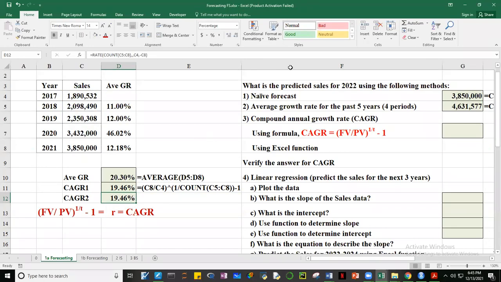Okay, I'm getting 19.46%. How about you guys? Yeah, correct, Angeline. Thank you so much. Did you get 19.46%? If not, guys, then something's wrong with your formula. Maybe you forgot to do something which we already discussed before, something which I told you to be careful with